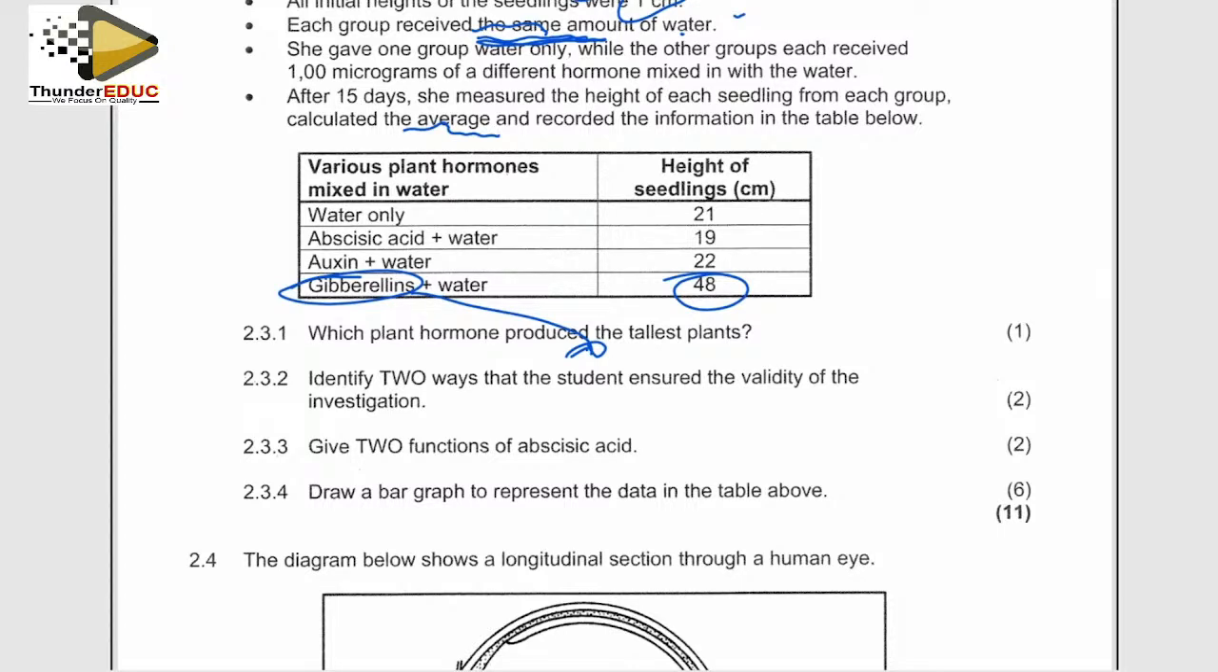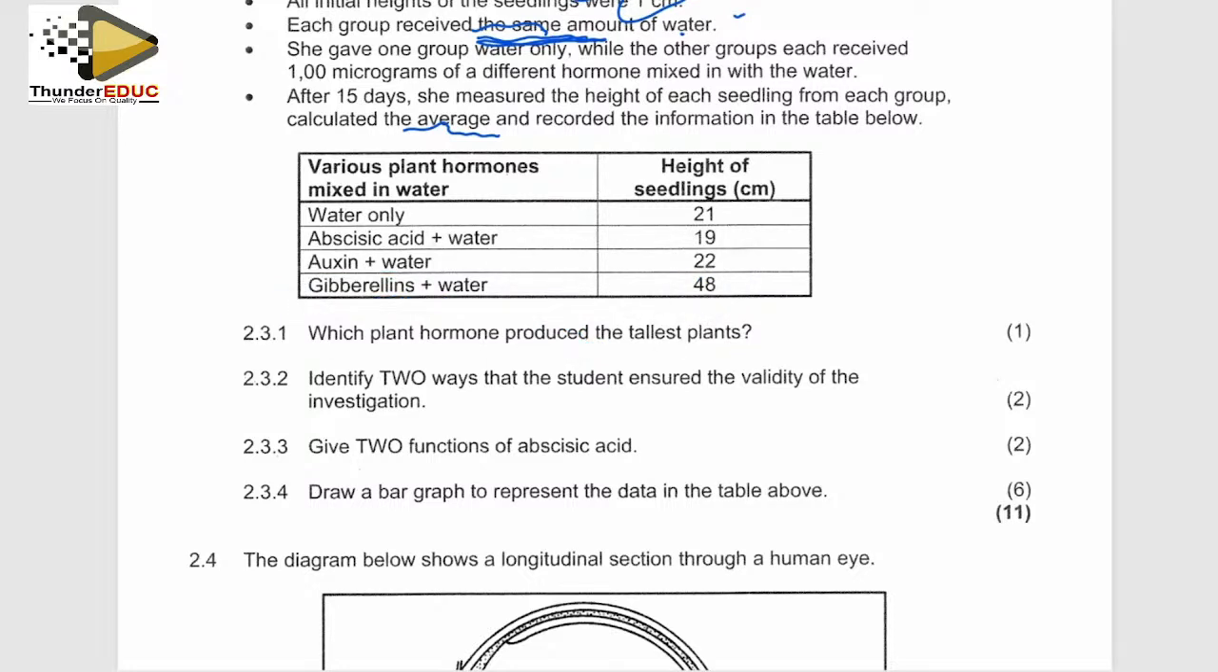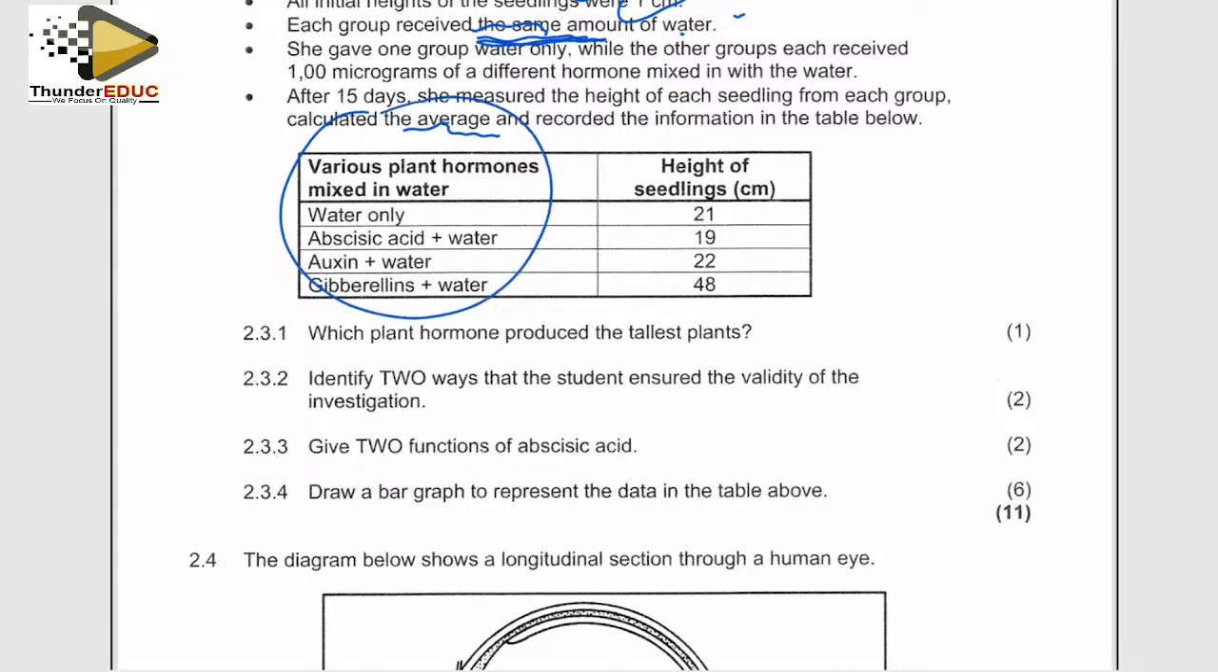Name two functions of... Okay, draw the bar graph to show the data. This one I also talked about, and said that when they say data here, this one is going to go on the x-axis, this is going to go on the y-axis, whereby independent variable, dependent variable. Therefore here you have to draw the bar graph, make sure the scale must be the same. The lowest is 19, the highest is